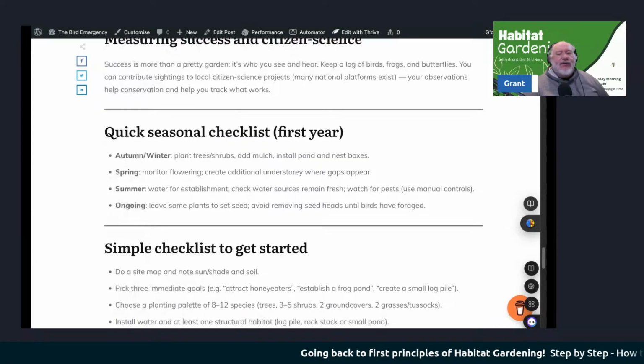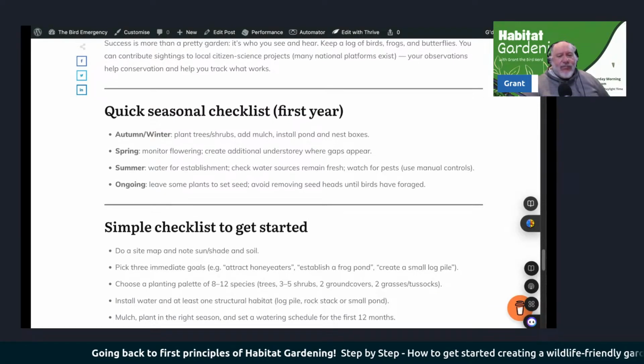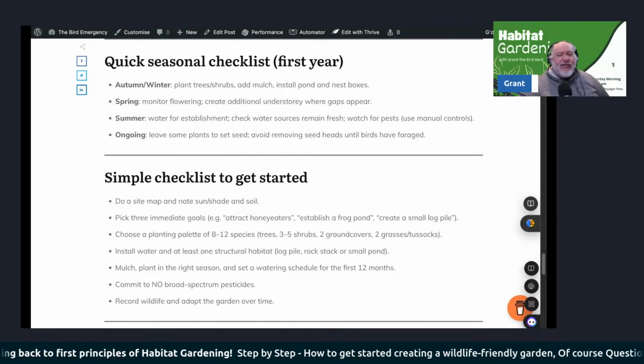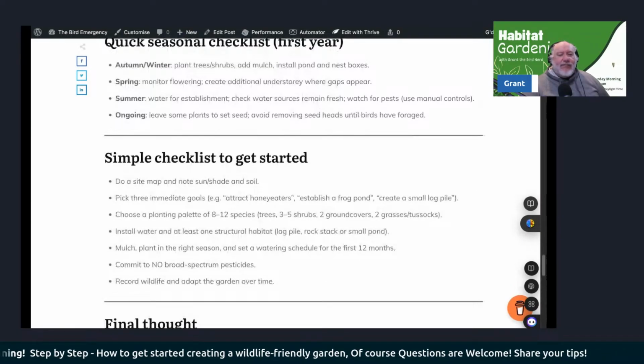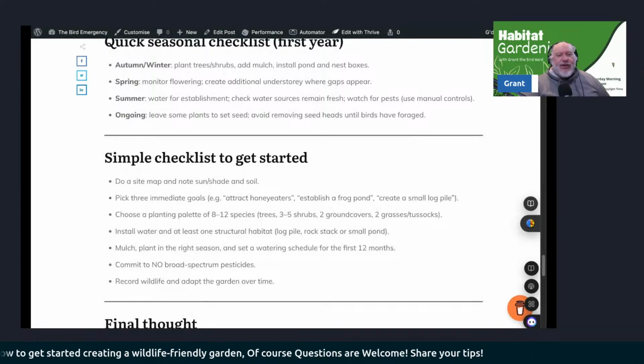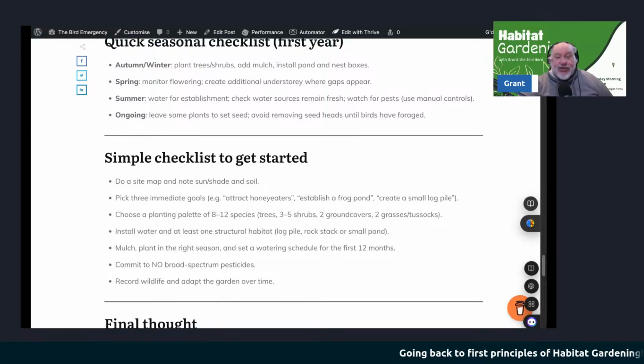I think we'll just go over this quick checklist to get started. Do a site map. That's the most important. And note sun and shade areas and your soil type. They're the most important things. Pick 3 things that you would like to do immediately that are your short term goals